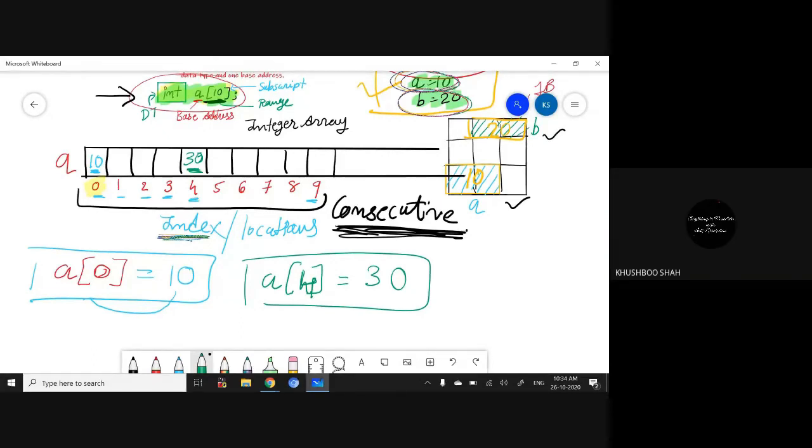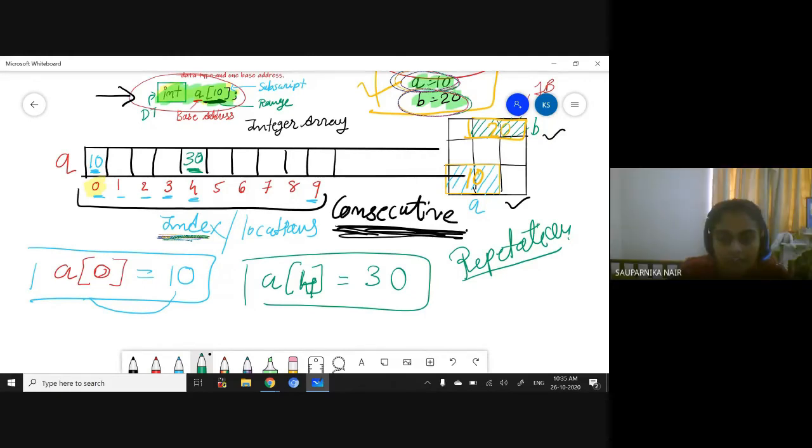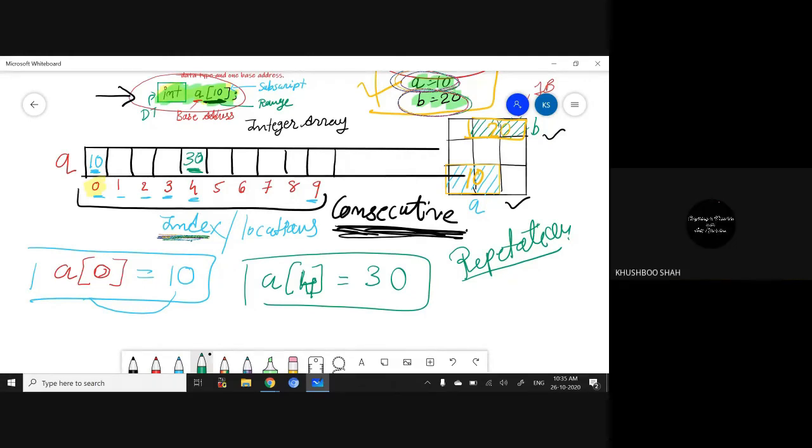Now, because here I have 10 different positions, 10 different locations, and I want to fill all these 10 places, can I say that I'm repeating the same thing? Every time I'm asking the user to enter the value, enter the value, enter the value. So here I can notice the repetition. And for repetition, what do we use? Loop. Any loop we can use. So let's say I'm using the for loop.